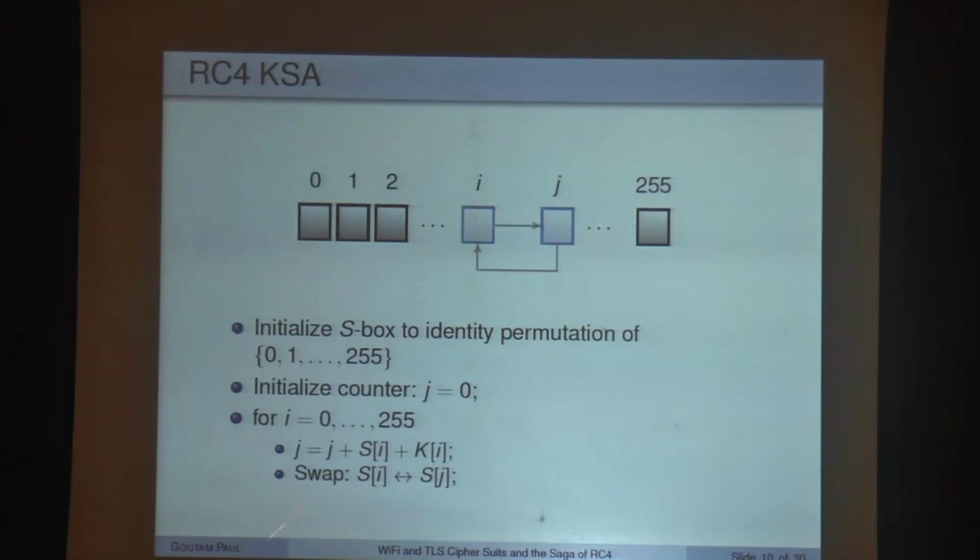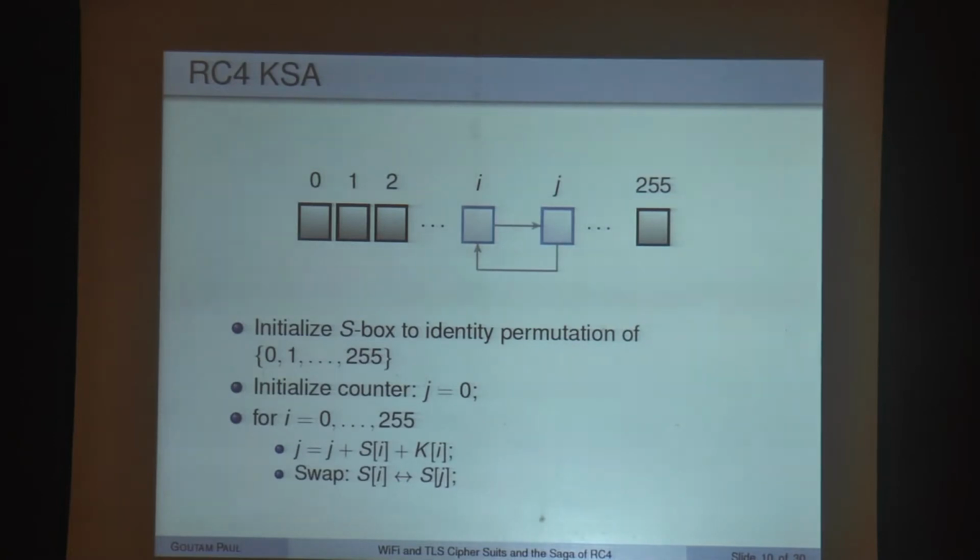Very easy to do. Next, you increment I deterministically; this for loop does that, I from 0 to 255. And then j is incremented pseudo-randomly. How? By adding to the current value of j, which is initialized to 0, the current state byte, and the current extended key byte. As simple as that. They are all pointed to by I, and then you swap. So, it's a 3-line algorithm, as you can see. Basically you run it over each entry: you access each entry and swap it with a random entry in the same way. That's basically what you are doing here.